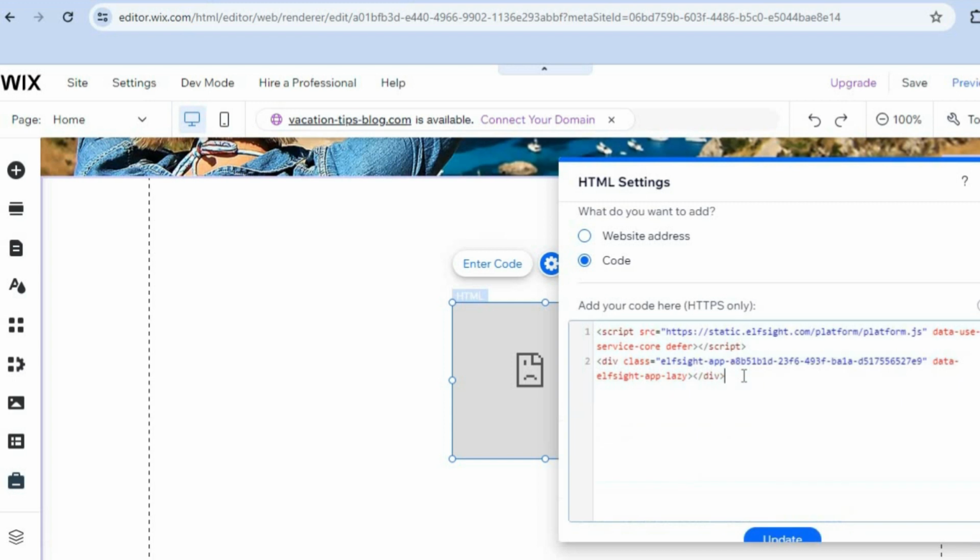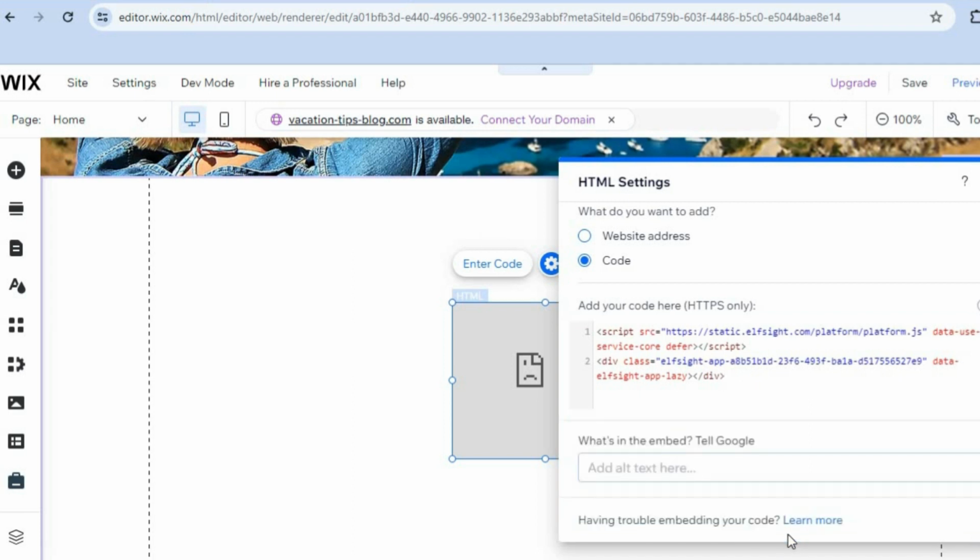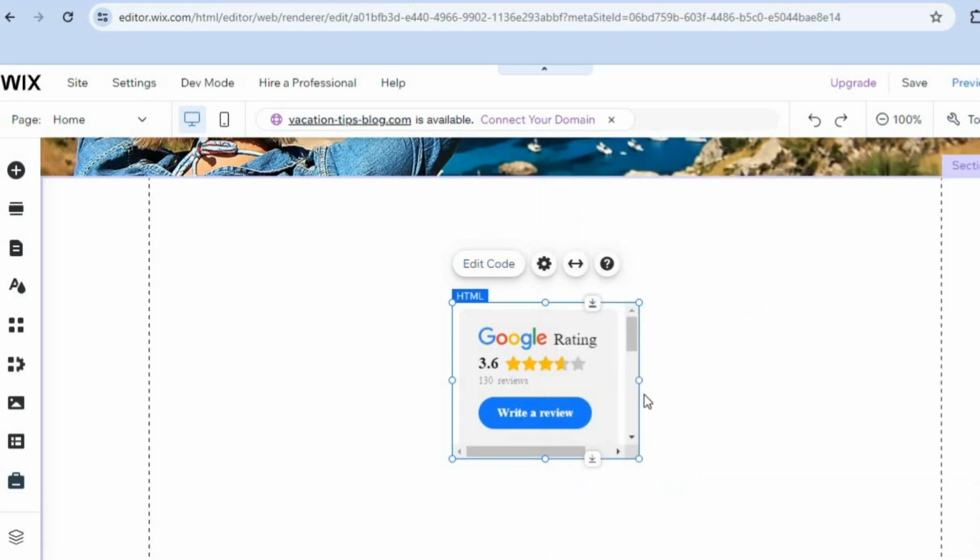So you're going to tap right where you see your embed code, and you're going to see the option update. You want to tap on update. After tapping on update, you can now tap on the X to close the pop-up. Then from there, you can adjust how your embed